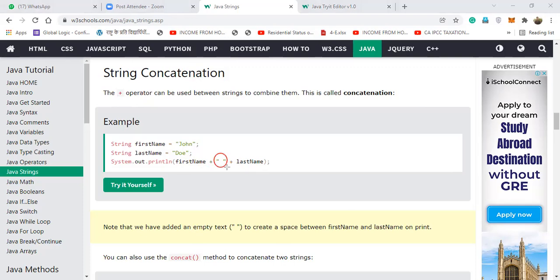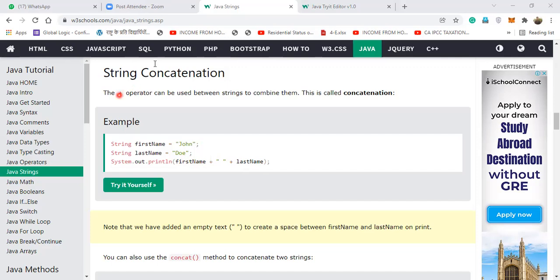John Doe without a space. Very good, without a space. If this empty string is added, then there is a space between the first name and last name. If you don't give this space, then John Doe will be merged together. No spaces would be there. Understood?